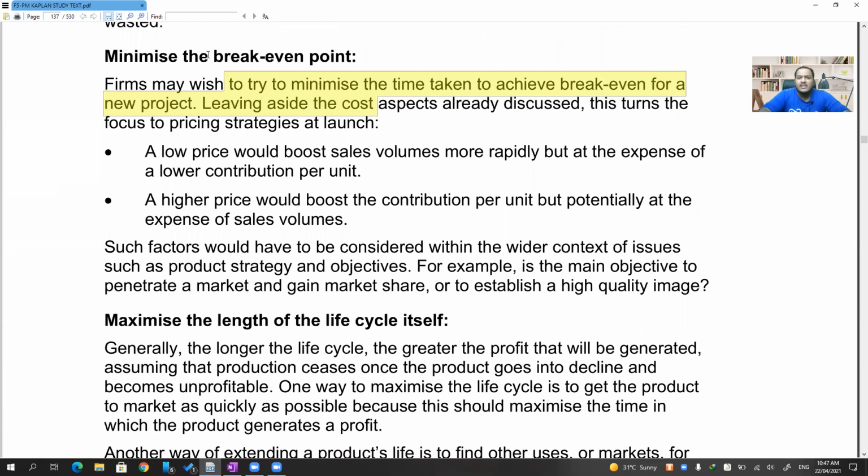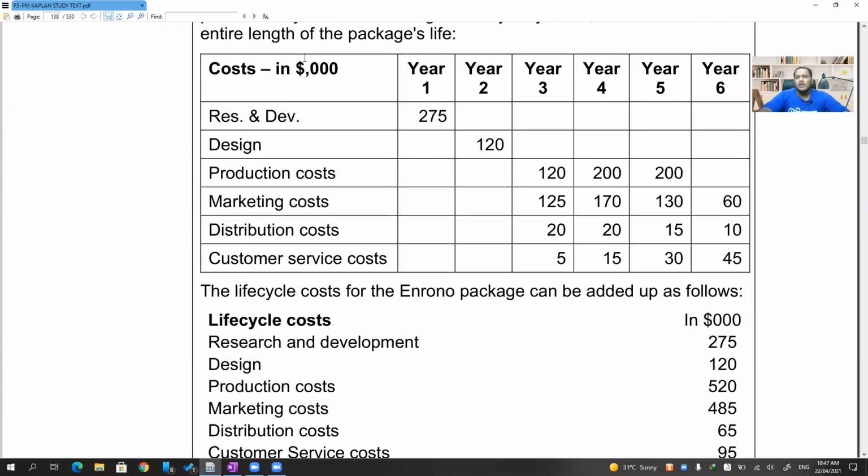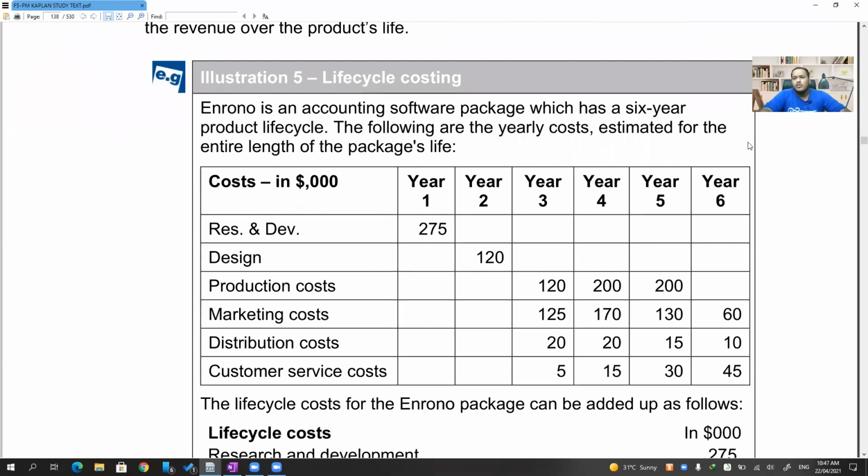Break even point, we haven't yet discussed it. We'll discuss it in the CVP analysis chapter. After this, only then you'll be able to understand these points. Okay, look at this particular illustration. We'll move further after this. We'll go to the next technique after this. Throughput accounting will start.